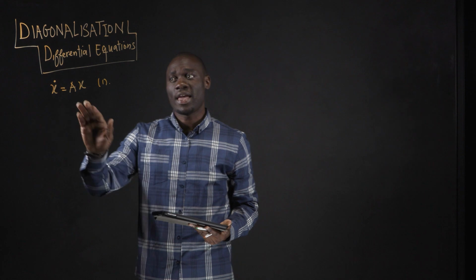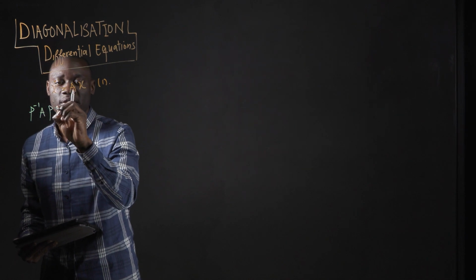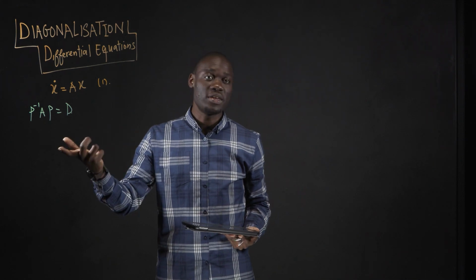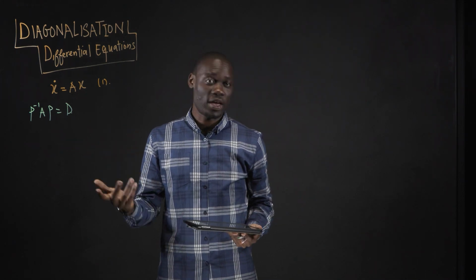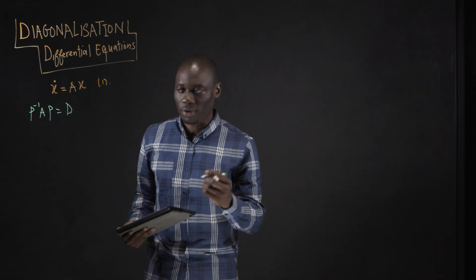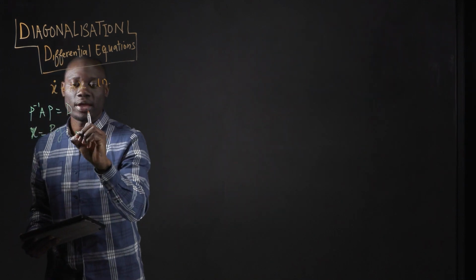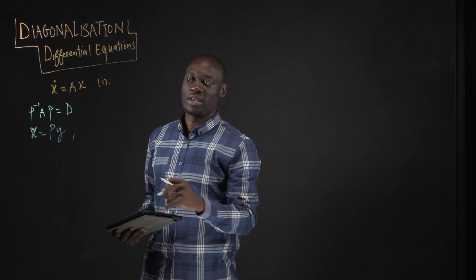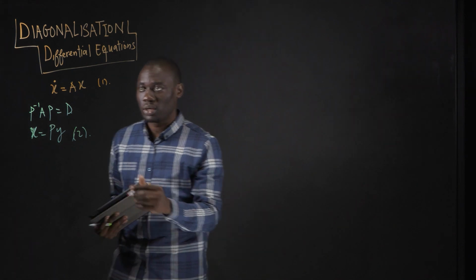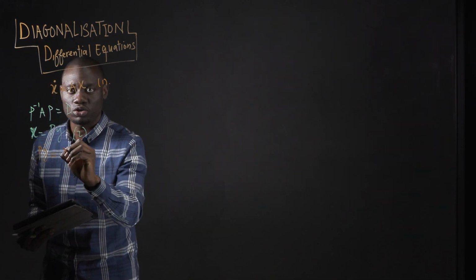Now, supposing that A is diagonalizable, that means that there exists a P such that P inverse A P equals D, where D is a diagonal eigenvalue matrix, and P holds the eigenvectors of A. Now, if we use a change of variable by saying that x equals P y, and we call this equation 2, and insert equation 2 into equation 1, what do we have? We have P y dot equals A